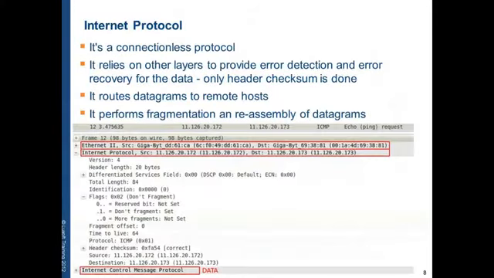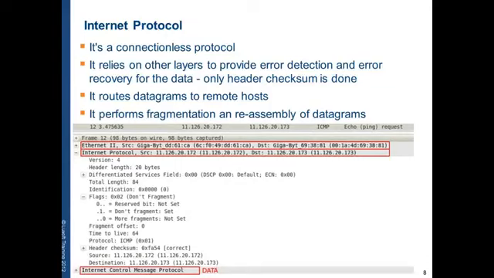We are going to define now the Internet Protocol, which is not based on a connection. If a protocol is based or not on a connection, it means that it has a mechanism to make sure that the destination actually received the packet. This means that we have a connection-based protocol. So IP is not such a protocol. It relies on other protocols to make sure that the destination actually received the data.